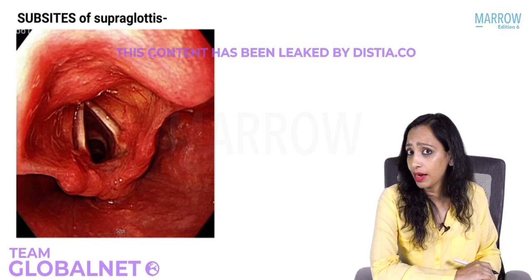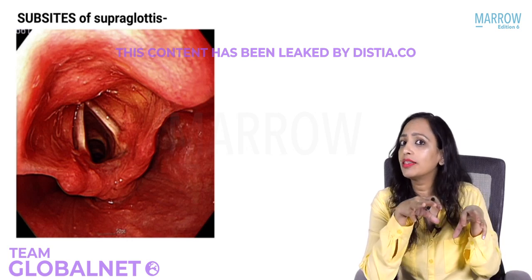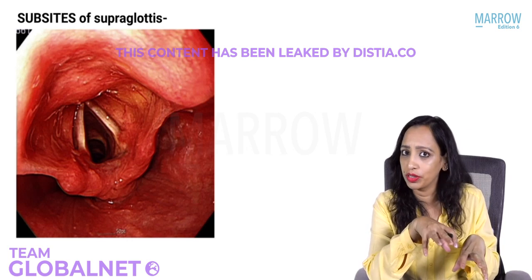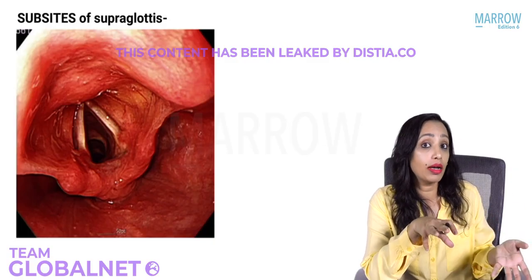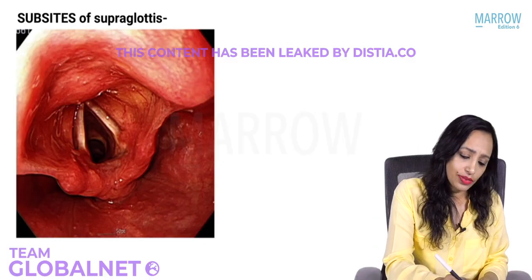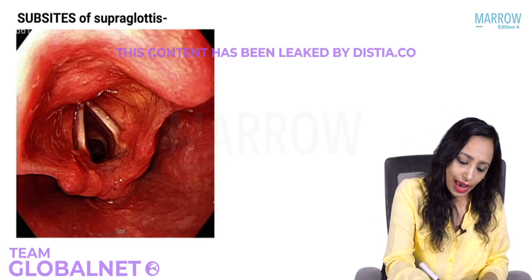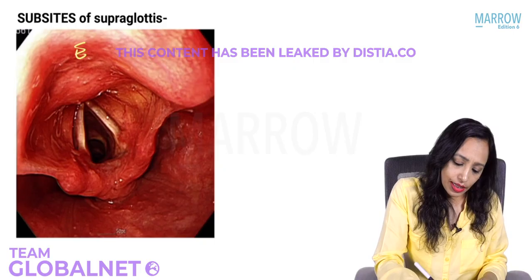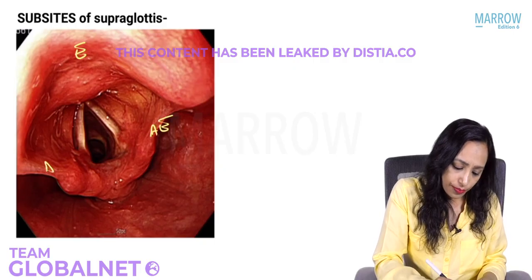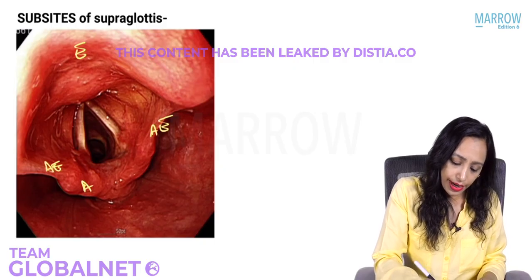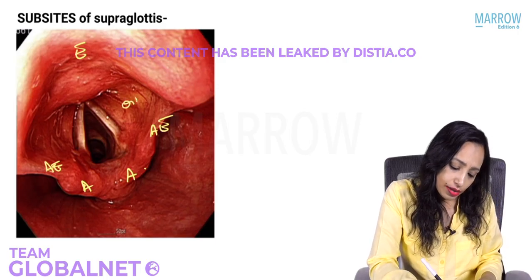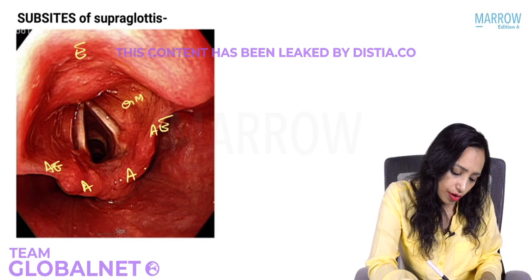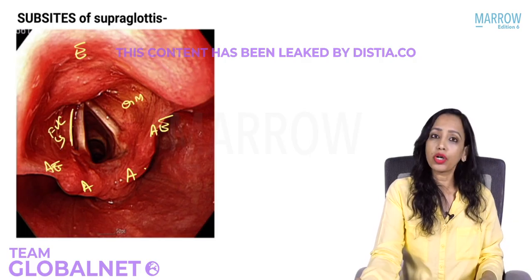While writing it down, we will mark it in this picture, which is the endoscopic picture, because when it is asked in the endoscopic picture, you have to mark the area. So yes, we are going to mark it. This is the epiglottis. This is the aryepiglottic fold. This is the arytenoid. This here is the quadrangular membrane. This is the lower border of the quadrangular membrane. This is known as false vocal cord, right?